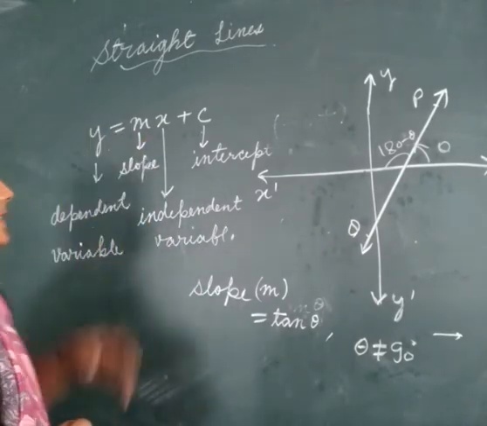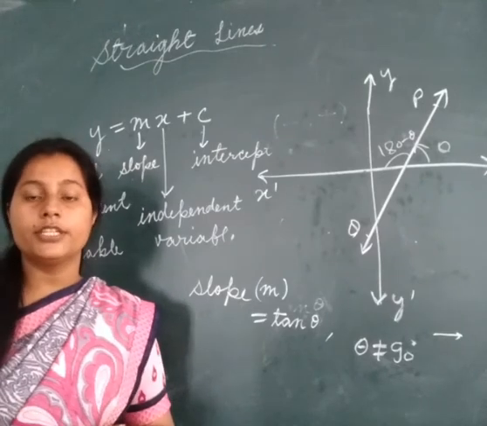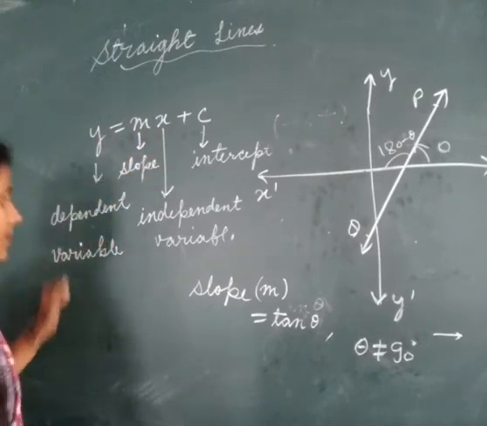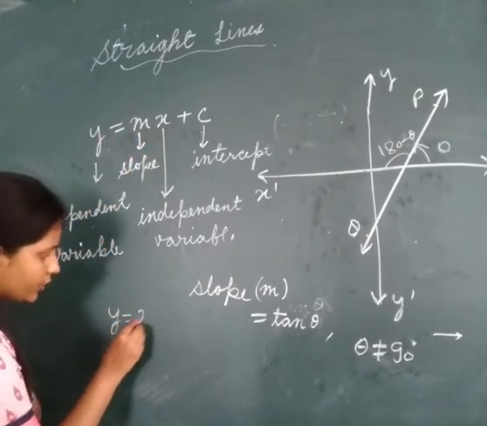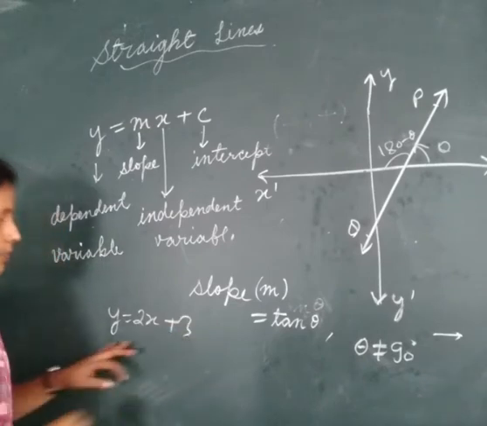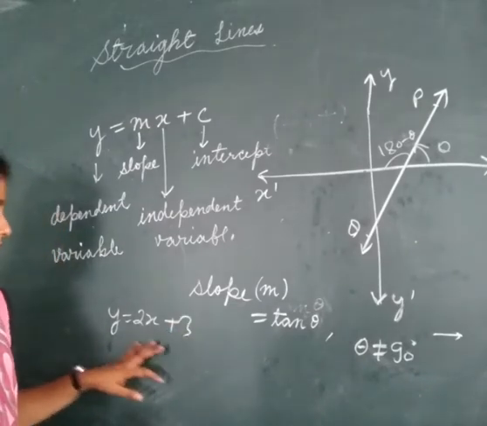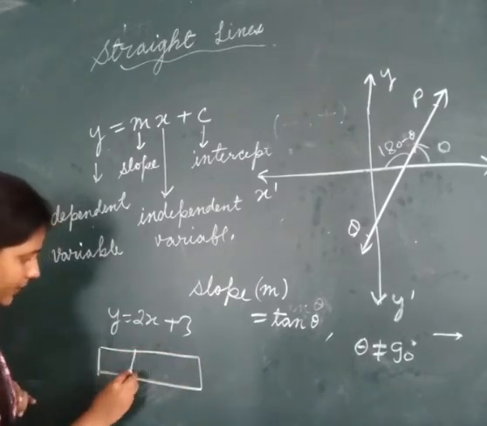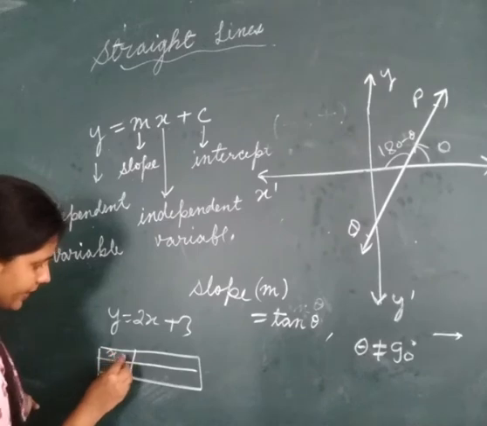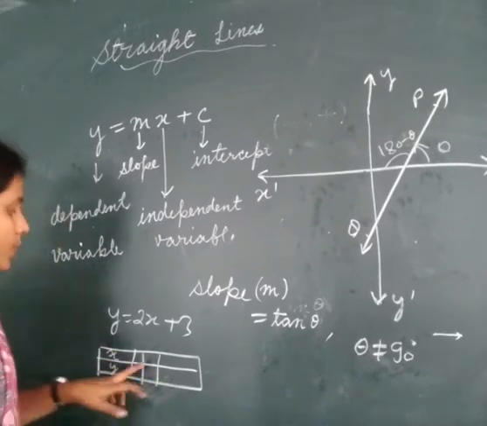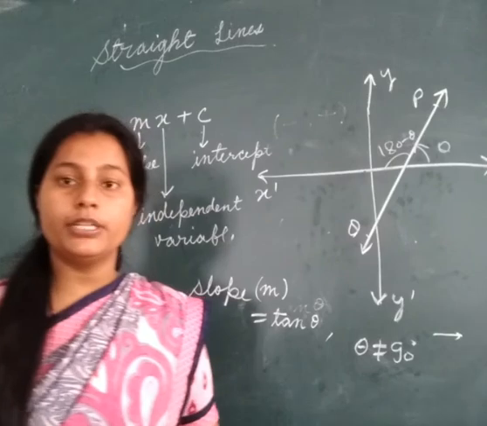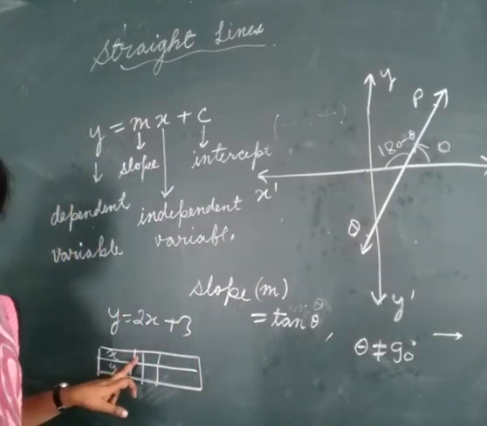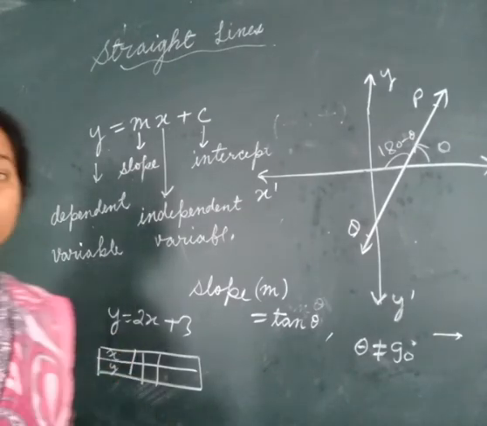Then we have two terms x and y. We have studied coordinate geometry in the lower classes, and we know कि अगर इस तरीके का कोई equation दिया, let us suppose y equals 2x plus 3. Let us suppose that we have been given the equation as such. Then what we do, we have to draw it on the Cartesian plane. We write here x, y, and then we take different values of x, and correspondingly we get different values of y. तो x की values हम खुद से choose करते हैं और उसके corresponding हमें y की values मिलती चली